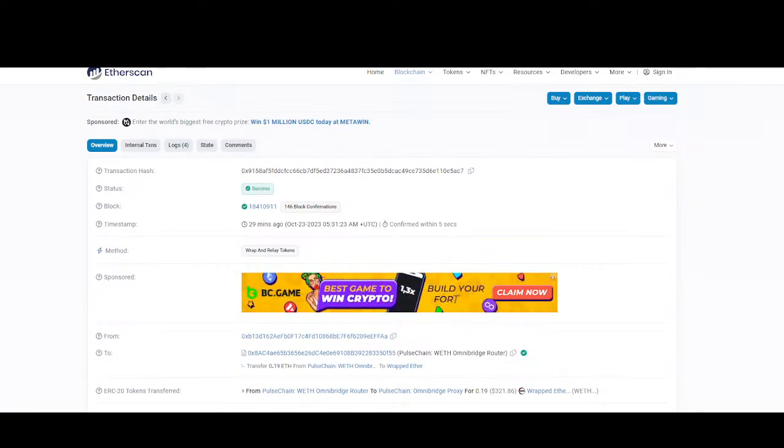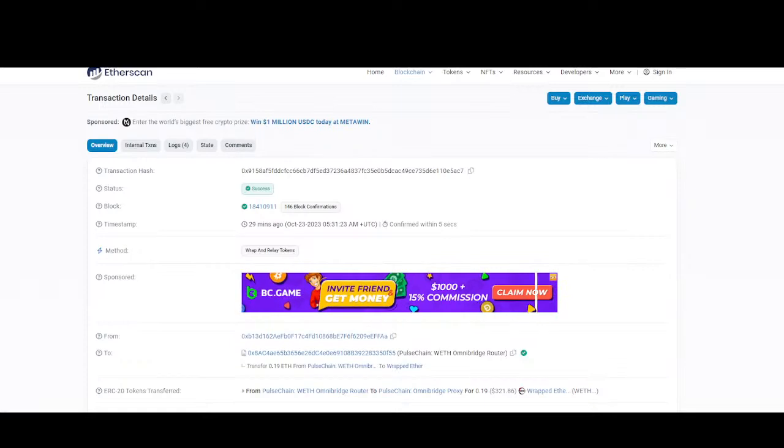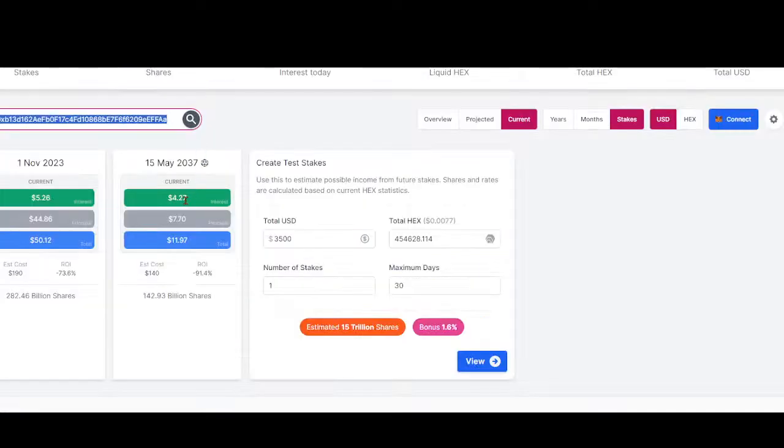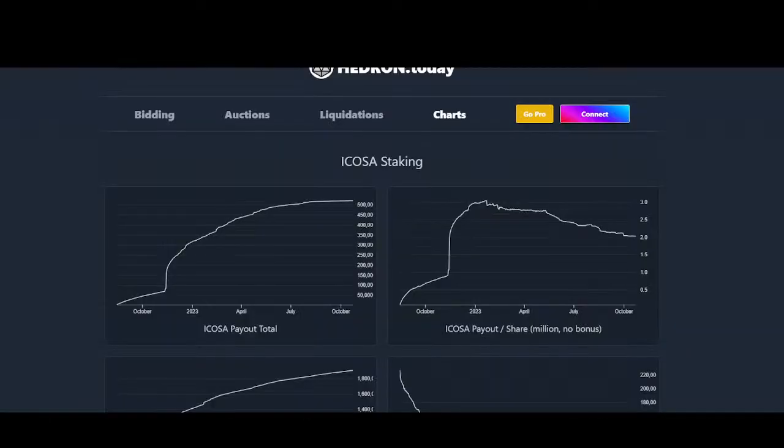Anyway, that's another thought. Now, then you can go eyeball the actual wallet. You can then check on the Ethereum only, mind you, what it's doing. It would be awesome to see this on PulseChain as well, like a toggle switch. Prices are basically stalled out just at this point in time. I don't know why. I'm trying to look at that now. There's Hedron dot today, but I won't look at that today.